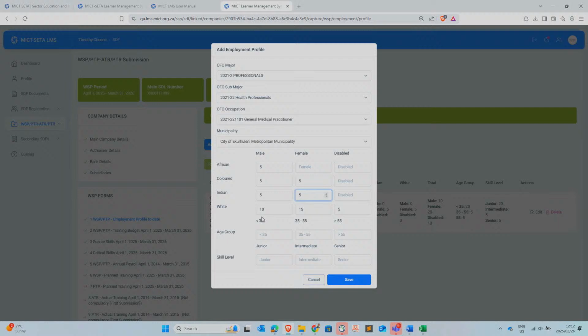Okay? So 25 males plus 20 males, it means it is 55. Okay? So what we need to do now, we understand that the number of males and females is 55. Now what we need to do is to come here and indicate the age group. Okay? In terms of the age group,